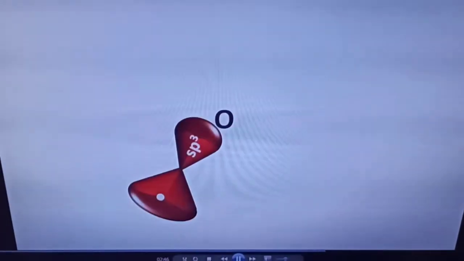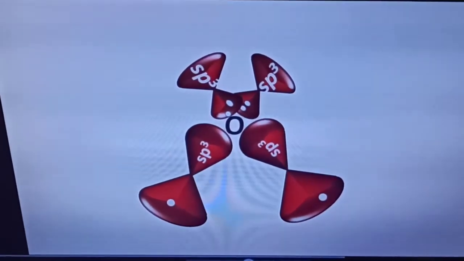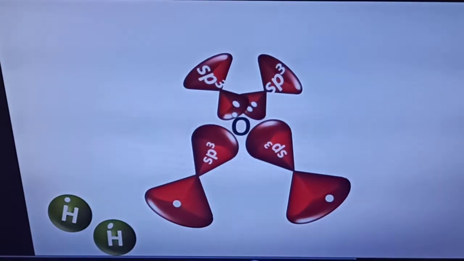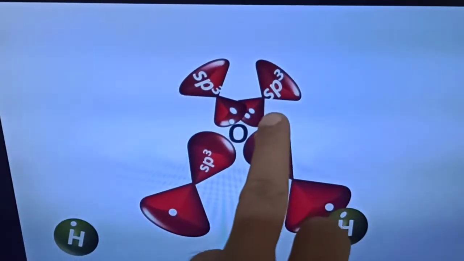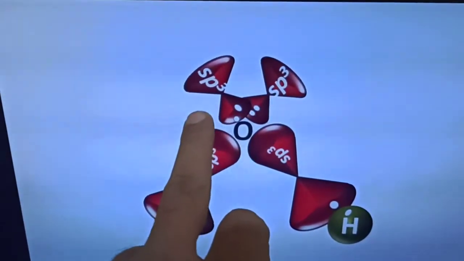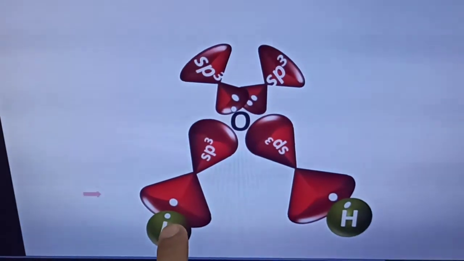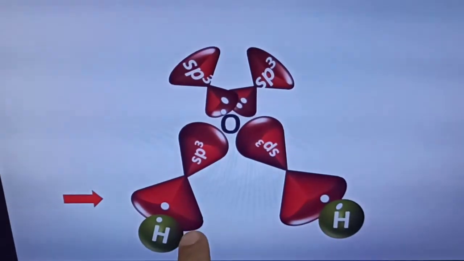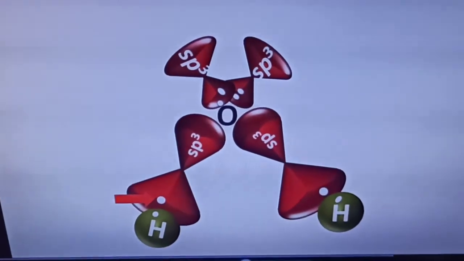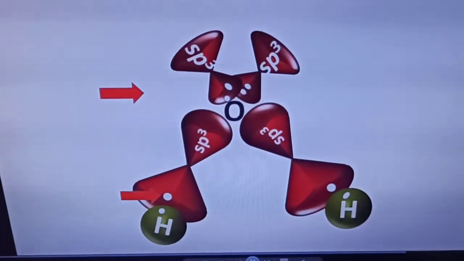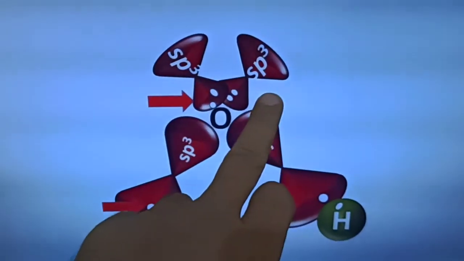Now you can see the bond formation occurring. The 4 orbitals of oxygen are coming. This has to be the 2py and 2pz, this is the 2px, and this is the 2s. They have 2 electrons here. Now 2py and 2pz have 1 electron each, so hydrogen will come and bond with these 2 orbitals, and hence a sigma bond is formed. While these are known as the lone pairs or non-bonding pairs.